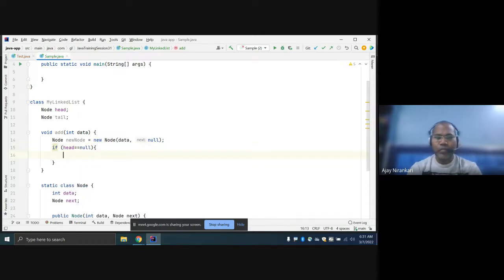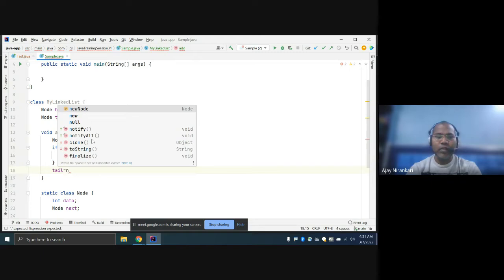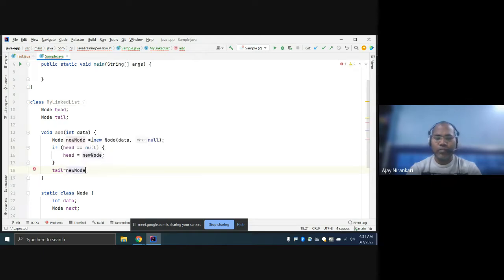So for the first node you say head equals new node. After that you can assign tail equal to the new node.